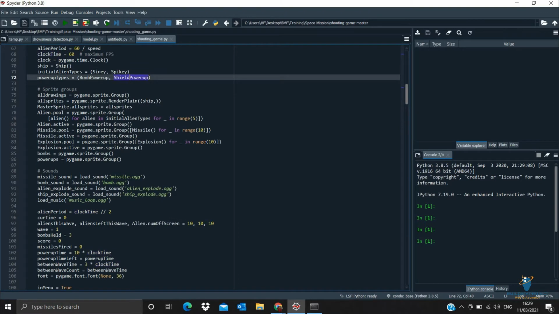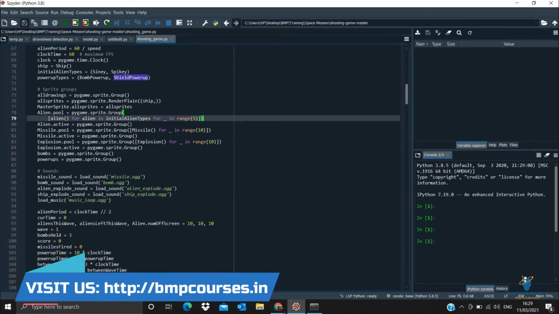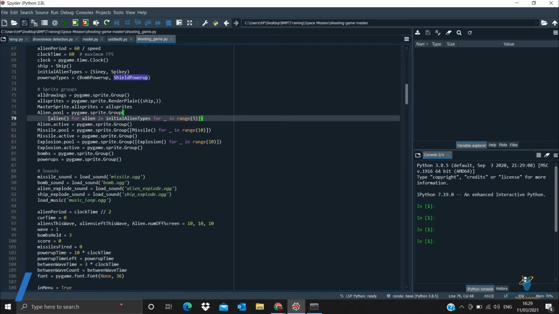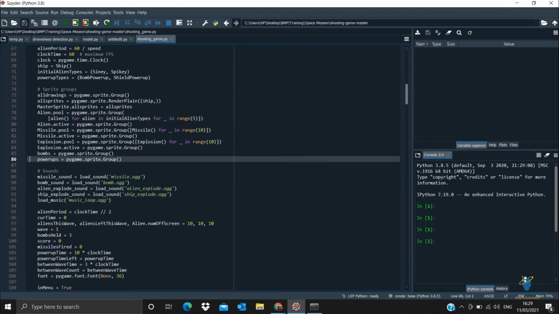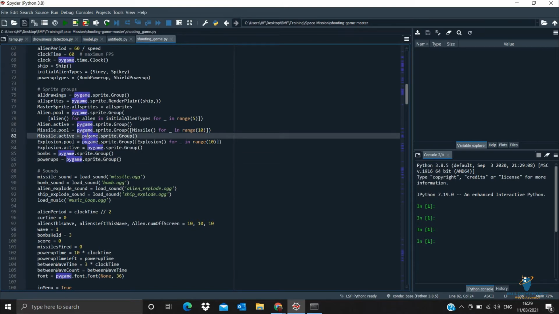Then we are trying to activate each and every alien ship, and it will occur in different loops. For the alien part, the missile, the explosion, and these bombs and power-ups, we have assigned code in a sprite format, that is, in a sprite document. We have basically made a sprite also. We have made a database where we are storing the usernames with their respective high scores, and then we have a sound that will play in the background.